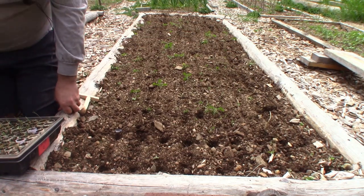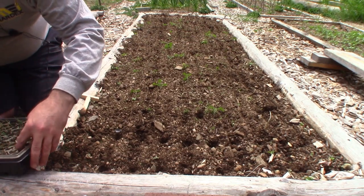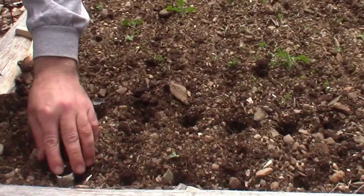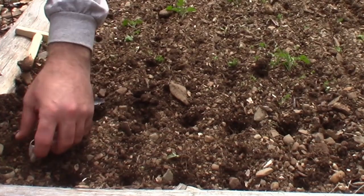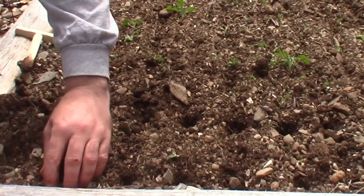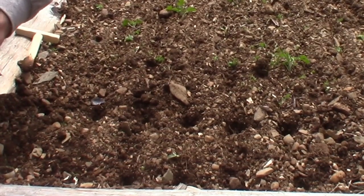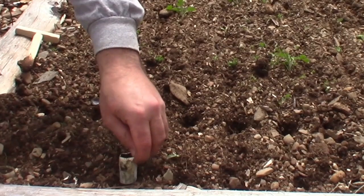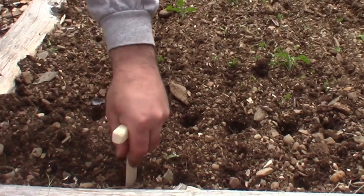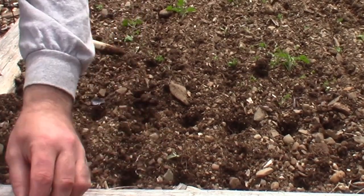Now I've got 2 rows of holes done. Just take my carrot seedling in its case, see it held together. Now just drop them down in the hole. That hole wasn't quite wide enough. Fill them in. Let's see if the next one works better. Okay, I need to make the holes a little wider. Because, as we're saying,